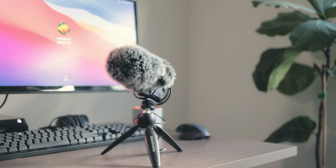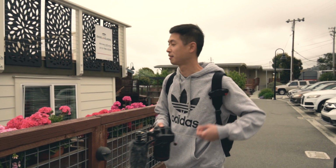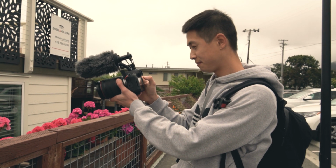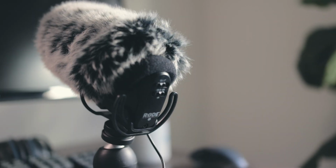This microphone, you normally stick it on top of your mirrorless camera or your DSLR, and while you're out shooting, you have a reliable source of audio. I bought this for $180, but when I did some price checking last week, it was selling for $230, which